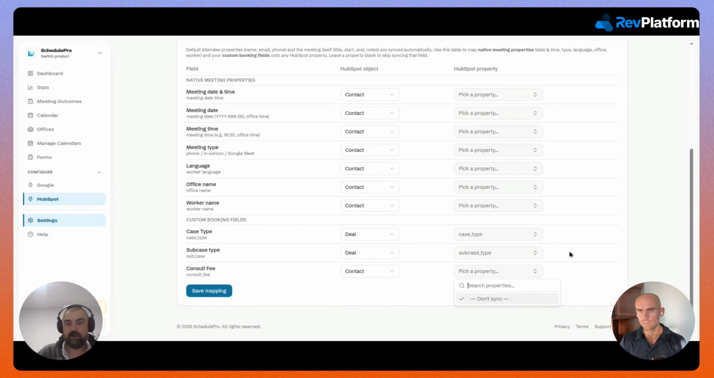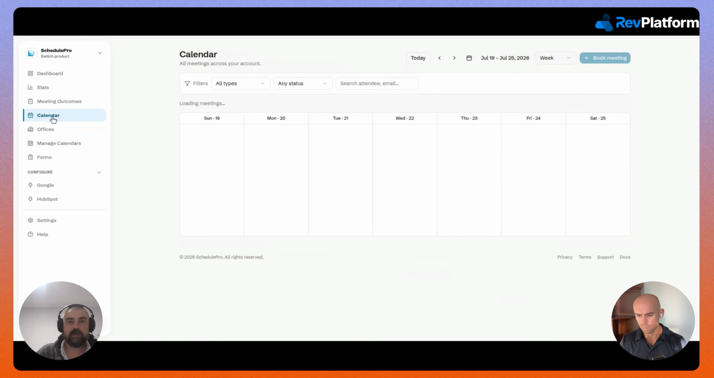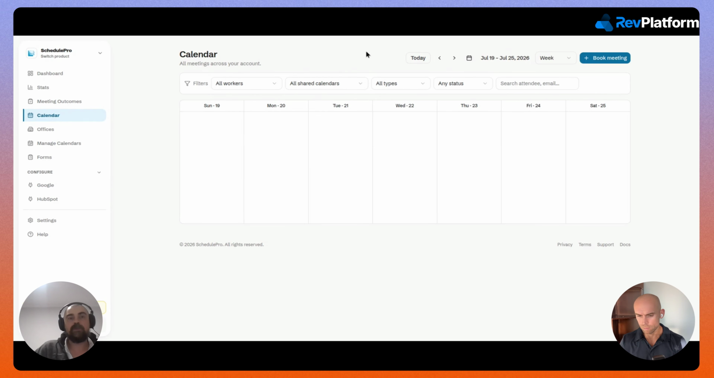We are also pulling all of the properties from HubSpot. All of the meetings are synced to HubSpot. All of the meetings are synced to Google Calendar. If you are changing it in HubSpot, it will also change here in Schedule Pro, and it will also reflect in Google Calendar. We are also pulling all of the information from personal Google Calendar. So, for example, if the employee is out of office, he will not be able to be assigned to any of the meetings. So it's a complex tool that allows you to create a custom